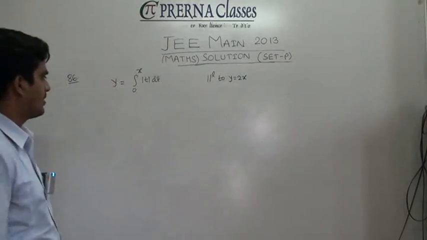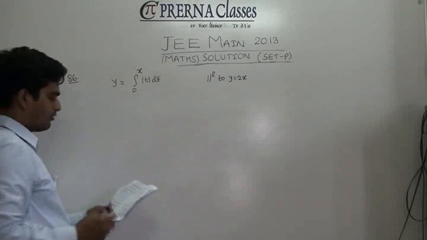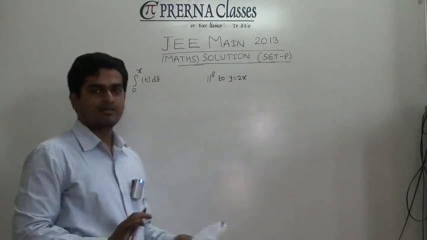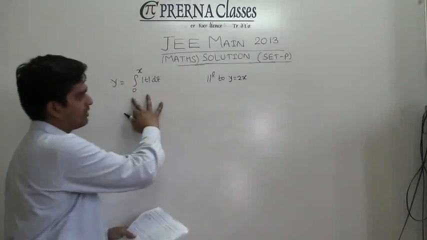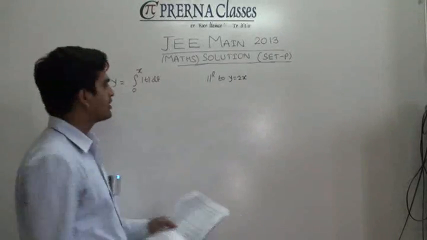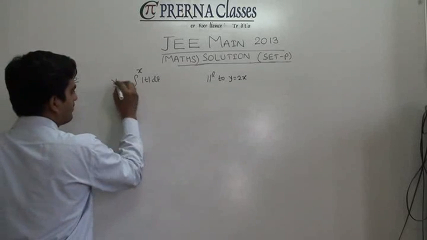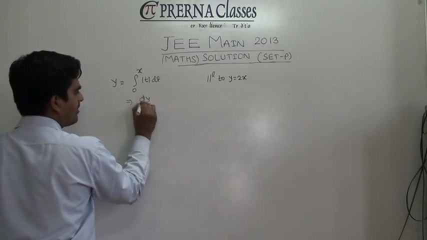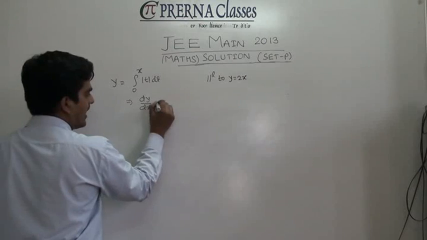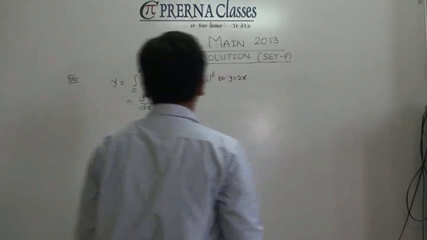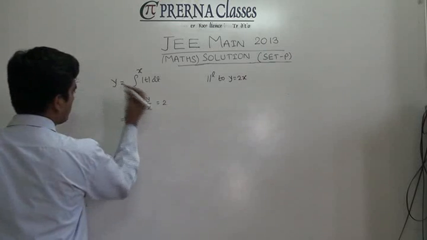Okay, in the 86th problem, there is a curve given, and what you need to do is find the intercept on the x-axis made by tangents to this curve which are parallel to y equal to 2x. Then obviously the slope of this line is 2. All you need to do is calculate dy by dx for this case, and equate it with 2. For that, consider dy by dx of this